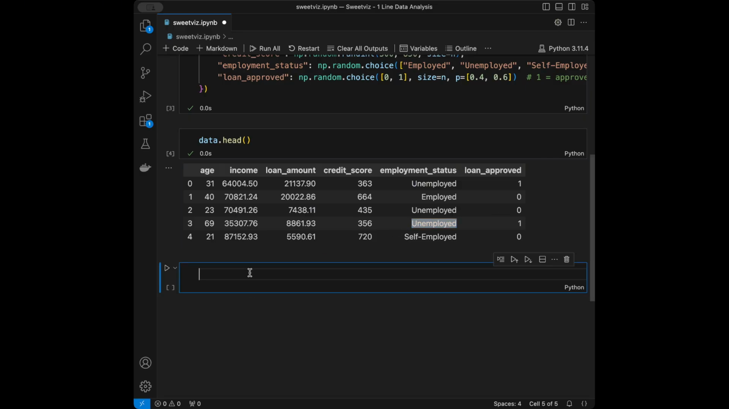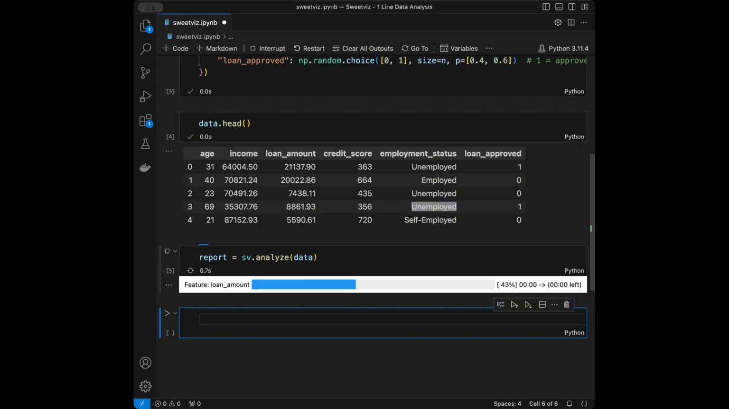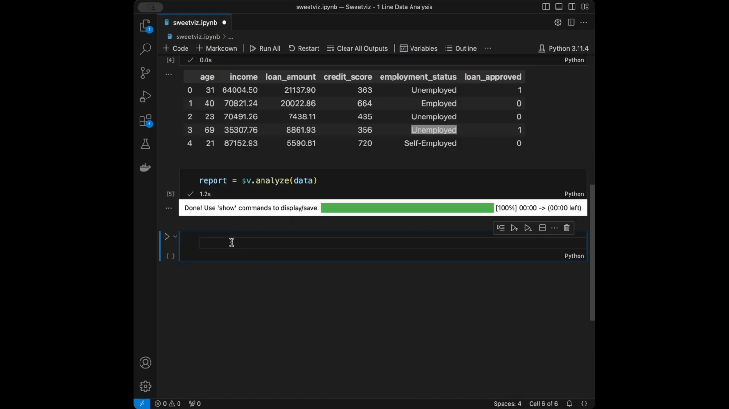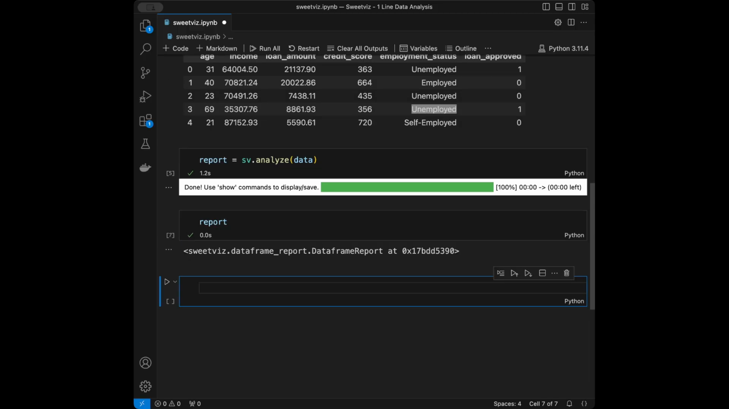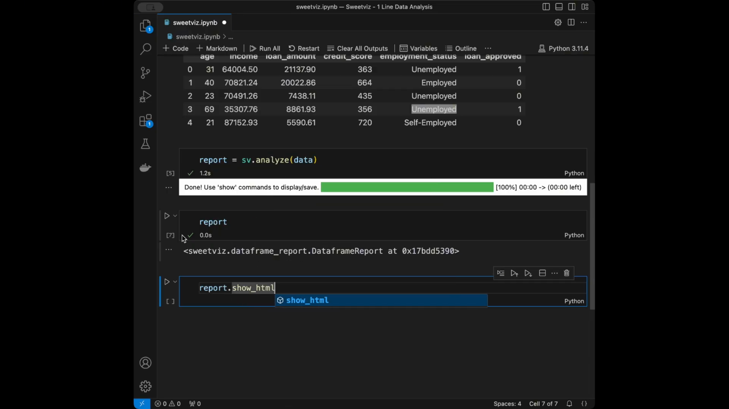Great. So as the first step, we are going to say report equals sv.analyze, and we will directly pass data. So I'm going to run this, and it's going to create the analysis report, and it's ready right now. When I display this, it's going to say DataframeReport, and it's going to show its type like this. And how we can see this report is we are going to say report.show_html, and now we